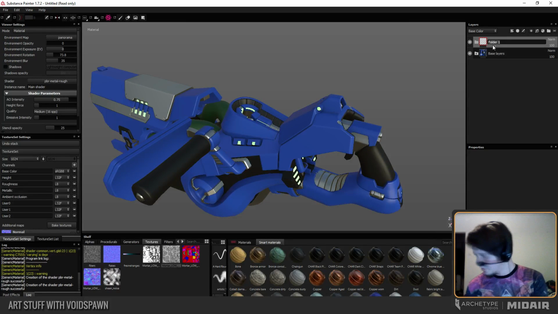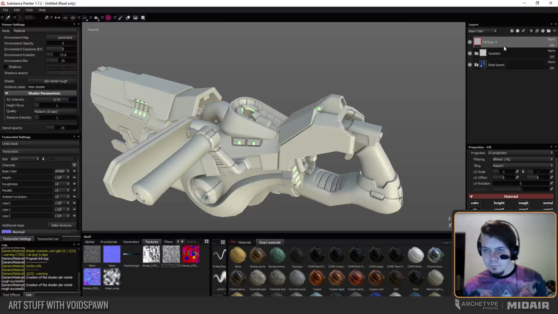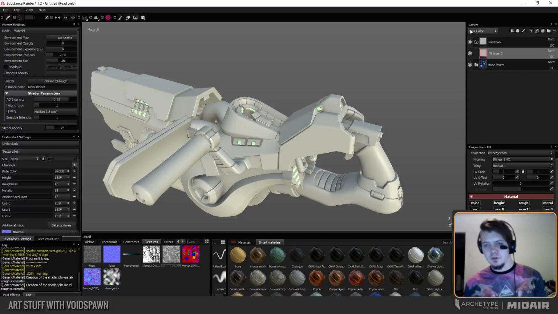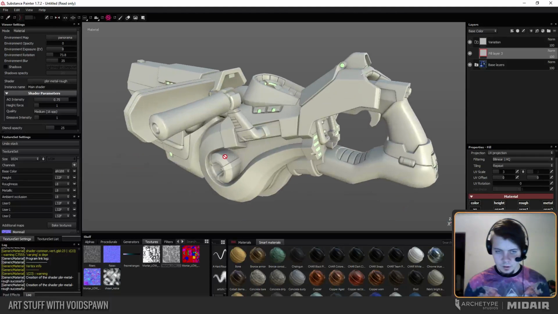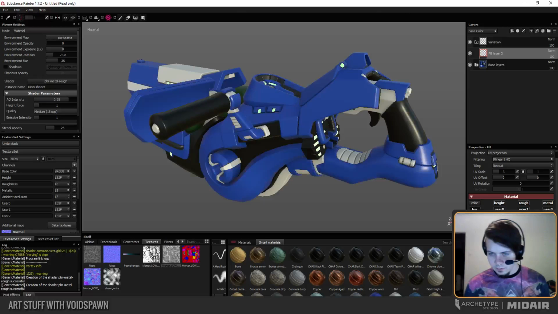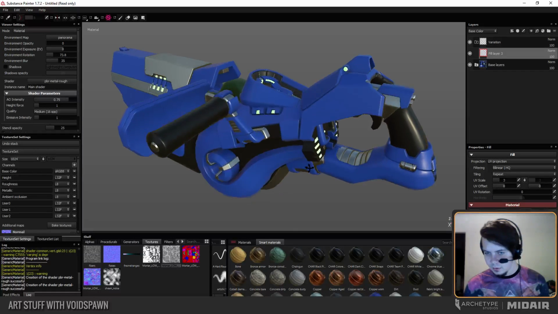What am I gonna call this? I've always got trouble naming this, although it doesn't really matter, does it? Variation H. No, just variation. So this is gonna be layers with sort of a base level of variation. I'm gonna use some of the existing